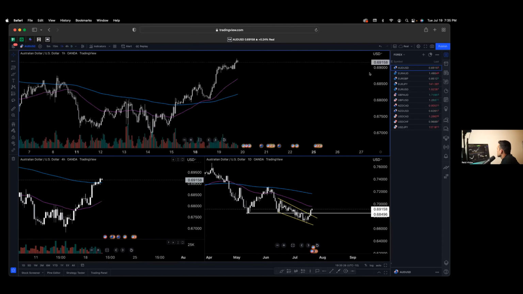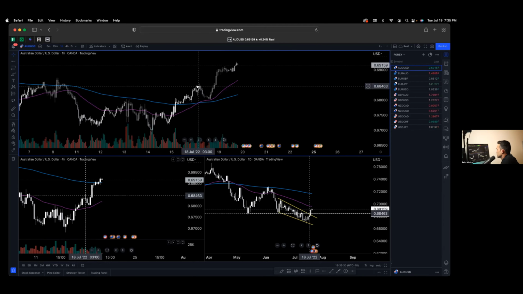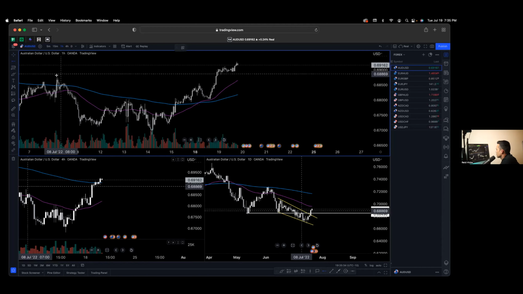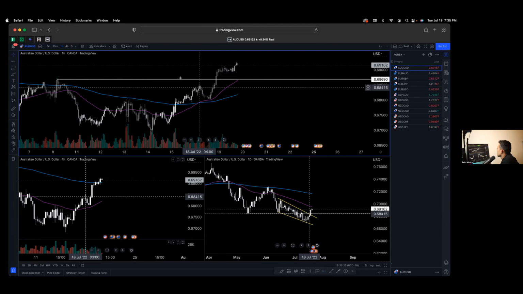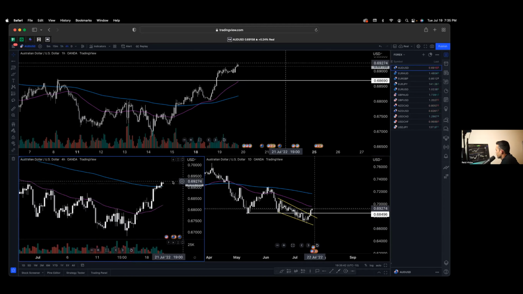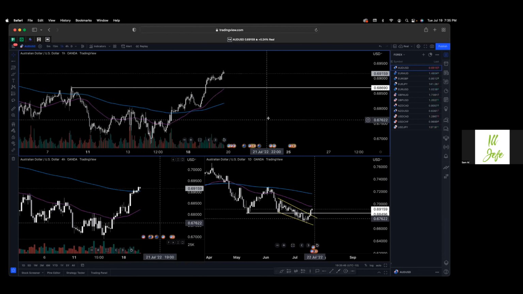So I like how it's looking on the hour. It is making higher highs. If I draw it just recently here, this is the most recent high on July 8th. So I like how the support is above my EMAs. On the 4-hour, I like how it's closing. I like that chart on the 4-hour.